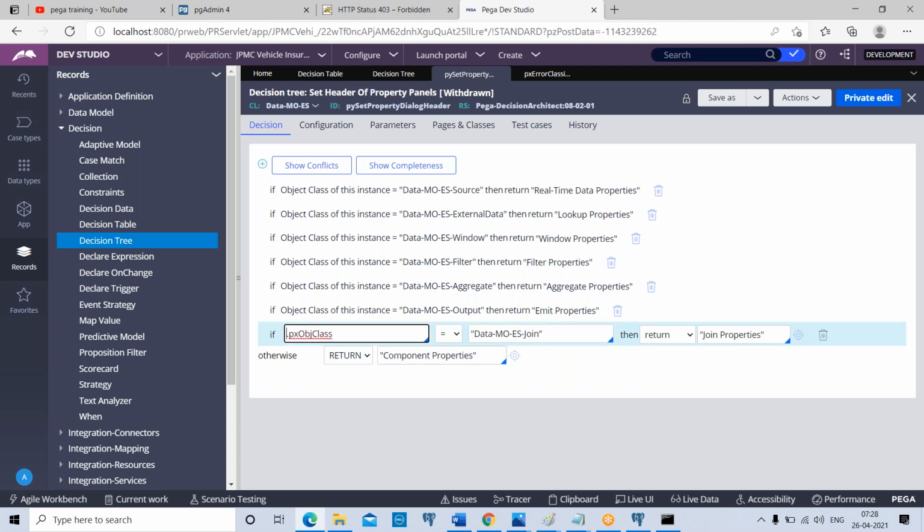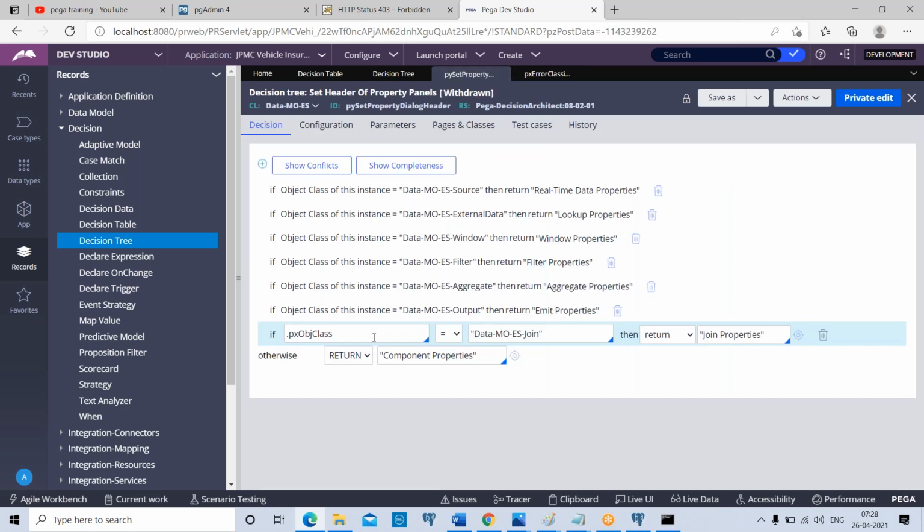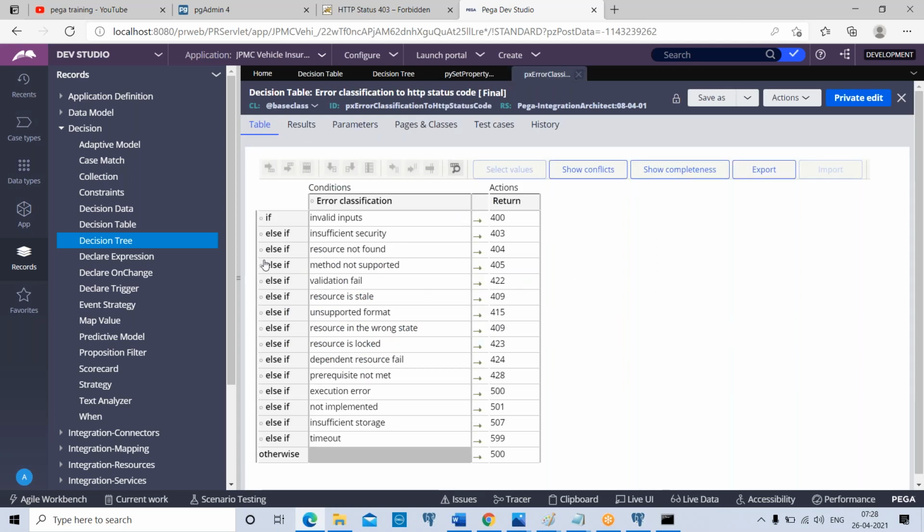Both of the rules are going to evaluate one or more conditions based on one or more properties, not only one property, and return a result based on the condition satisfied. For both of these rules we have otherwise. When no condition is satisfied, the return value at otherwise is going to be returned to the calling place.